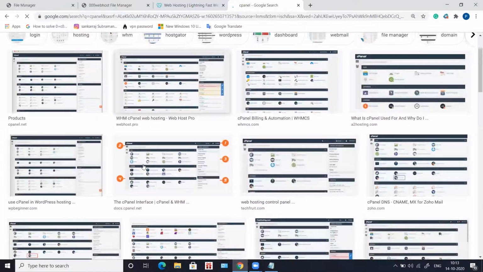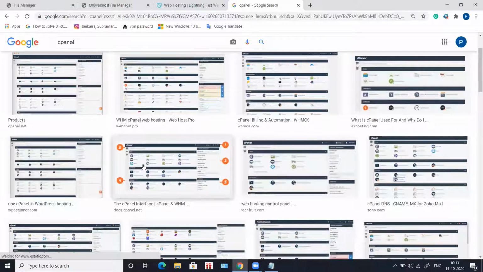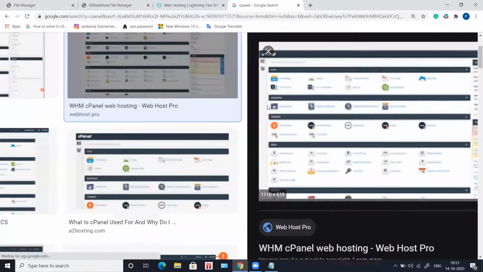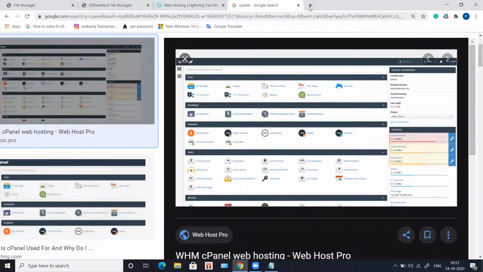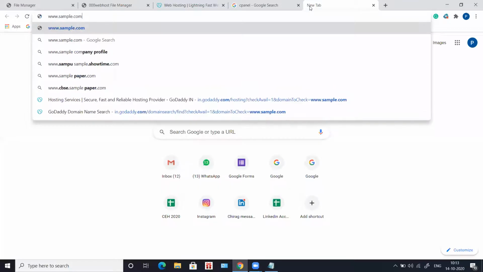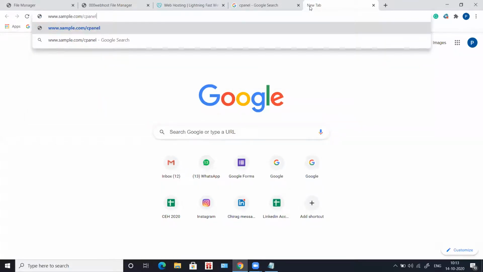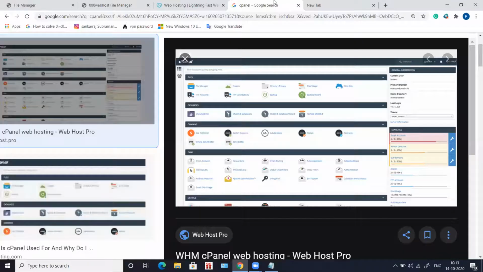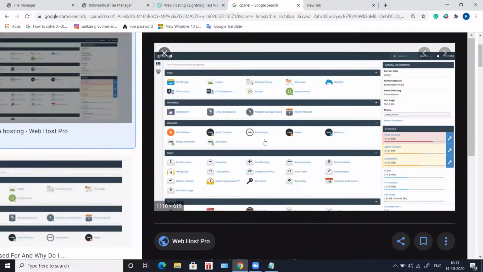This is how a cPanel looks when you log into it. Normally, if www.sample.com is your website, then you add /cpanel, and it is going to redirect to the control panel. There it asks you for a username and password, which will be given to you by GoDaddy when you buy the hosting. Then using that username and password, you log in. Once you log in, this is how it looks.